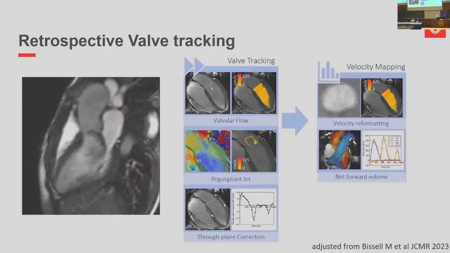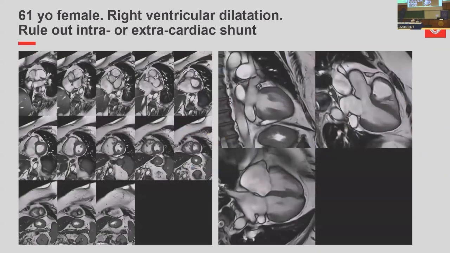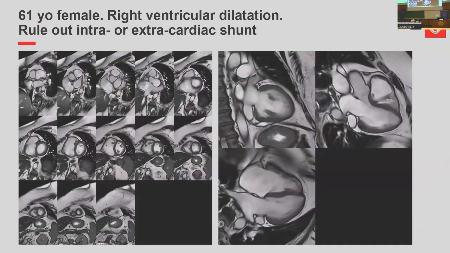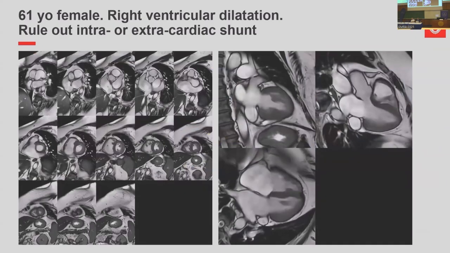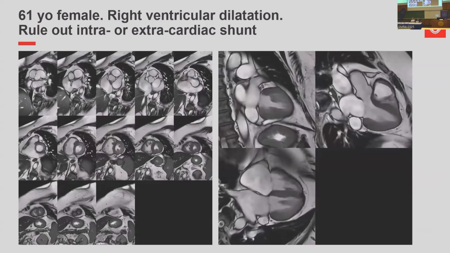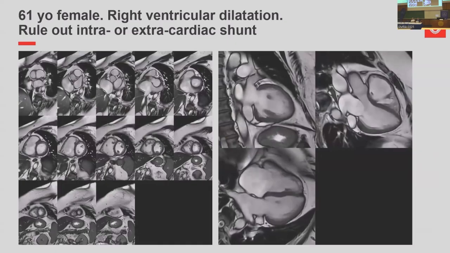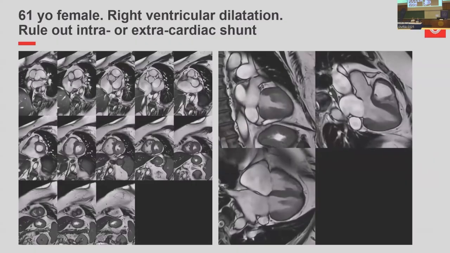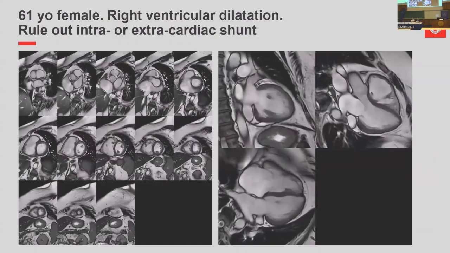These are the MRI images of a 61-year-old female, who was found to have right ventricular dilatation. MRI was ordered to find the reason for the dilatation, which could be an intra or an extracardiac shunt. On the left, you can see the short axis images of the heart. On the right, the long axis images. And you can appreciate that the right ventricle is significantly larger